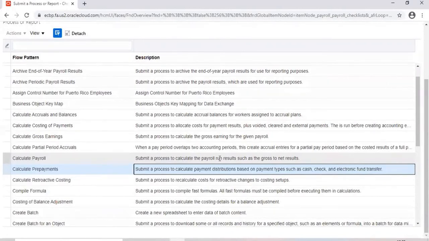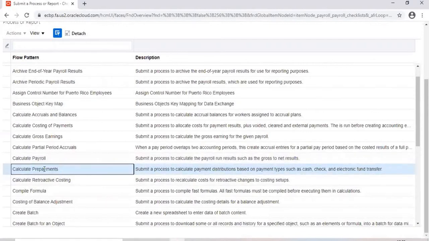Now this calculate prepayments process will take care of how that 1,000 for employee X is going to be received, whether through check or through bank transfer. If bank transfer, which bank account is this salary going to be credited to? So those mappings of your salary to your bank or check, and if it is a bank, which bank account, and if you have multiple banks, maybe 70% to that bank and 30% to this bank, are taken care of by calculate prepayments.